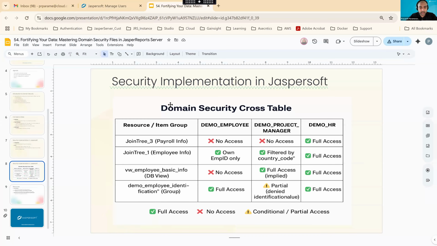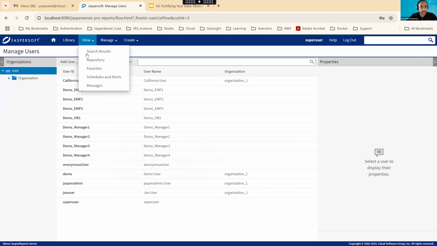Let's go to this PPT. So you capture, I mean, we did the first step. We modified the domain and added a rule which confirms that only the employees can see their own data. Now we are going to do the second part where we are going to filter the manager based on the country. Okay, so let's go back to our domain